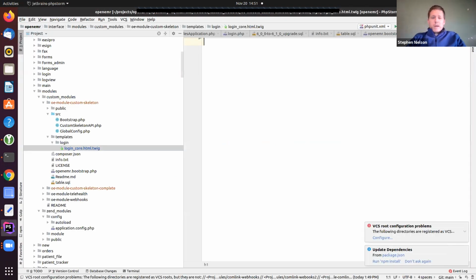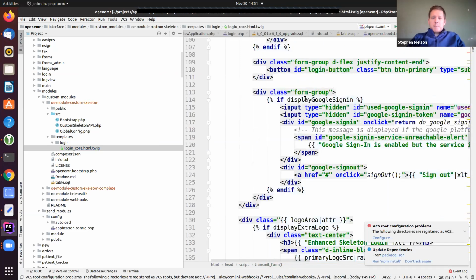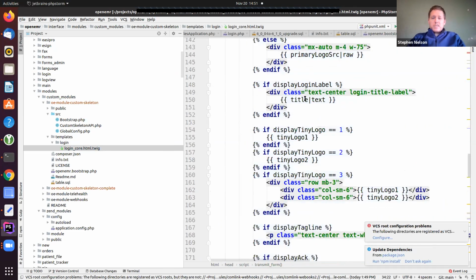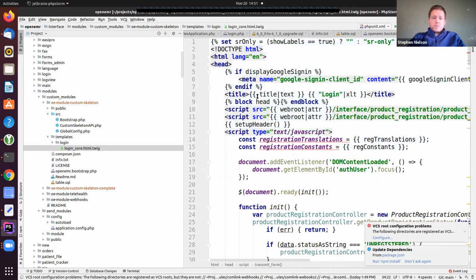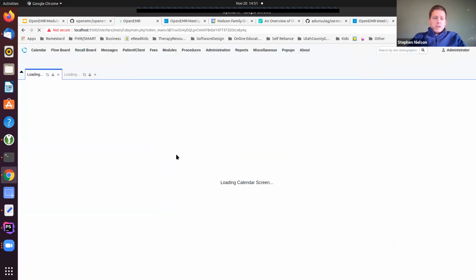So whatever I want, I can come in and I can customize that template using all the data that's injected through the system for my login page, right? From the module. Let's look at the other example and then we'll go through.